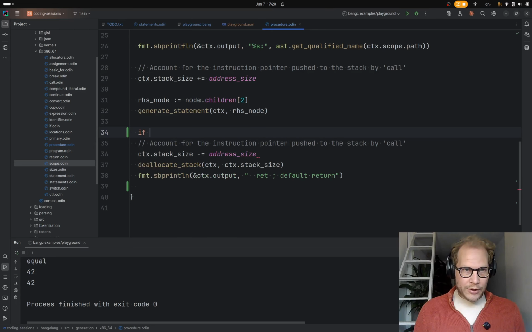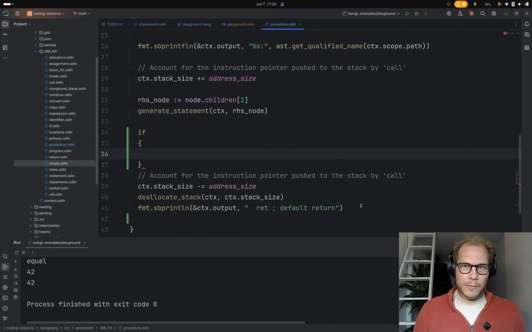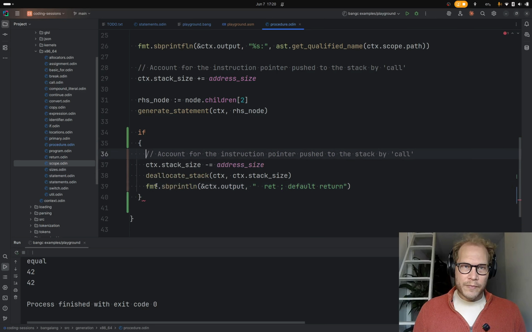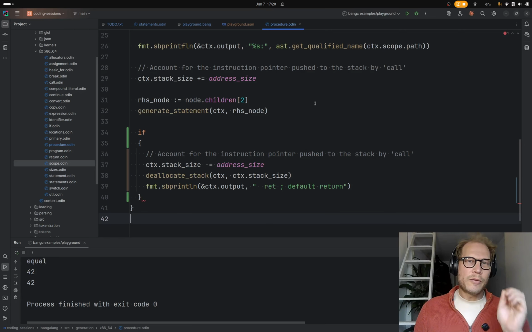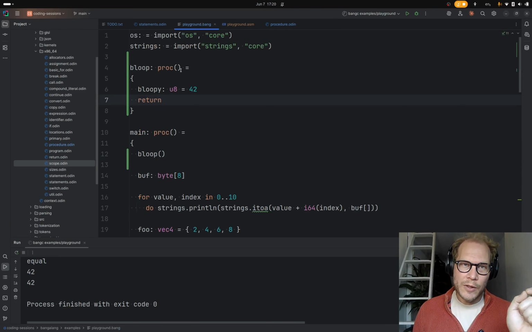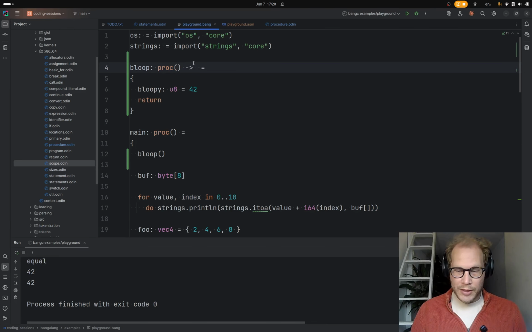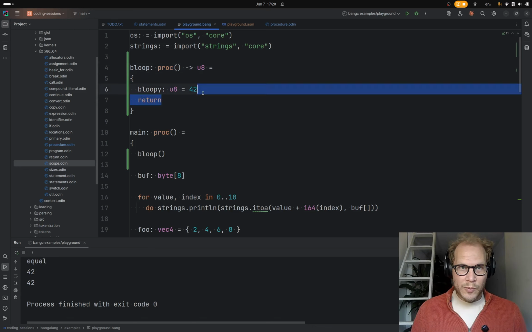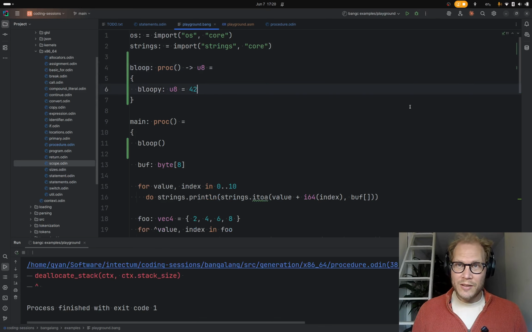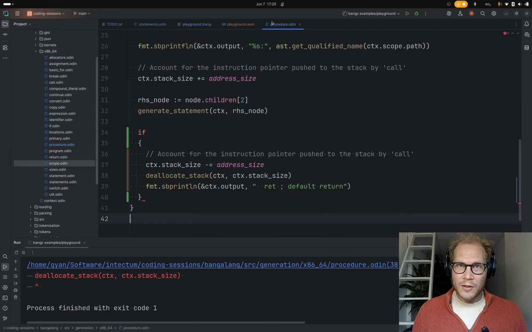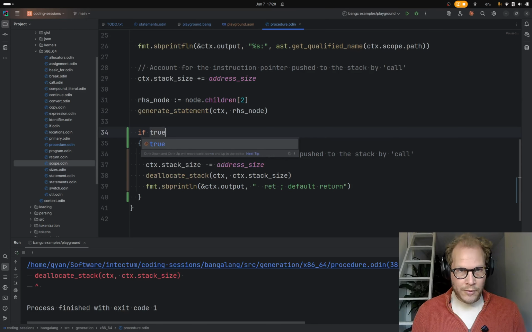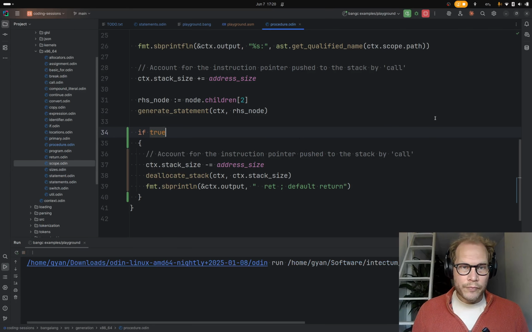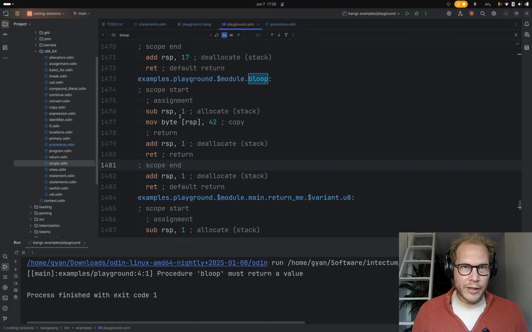But we only need to do this, so the thing is, now that we require a return statement when there's a return type, because this is not valid. Oh, did I? Okay, I should finish what I was doing here. Let's just say if true for now. Yeah, because that's invalid.